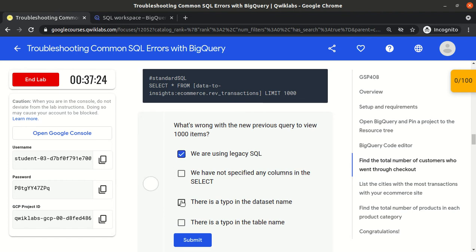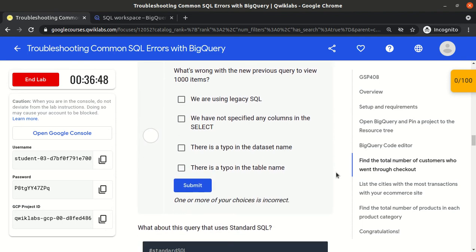Is it more than 2 options correct? No. Oh my god. What is the correct answer here? No option is picking as a correct answer.